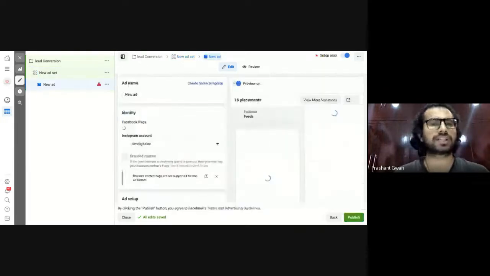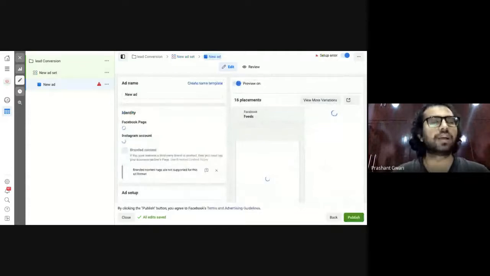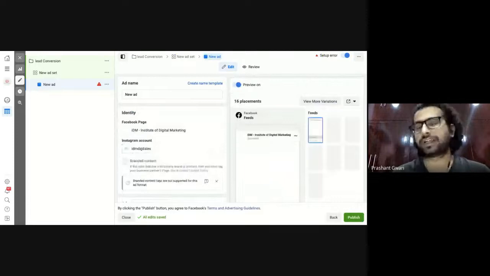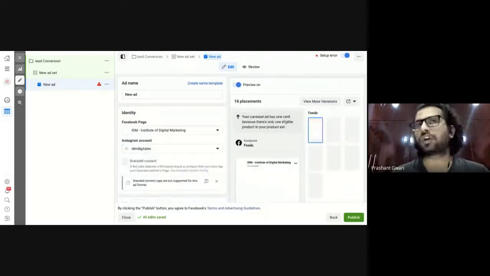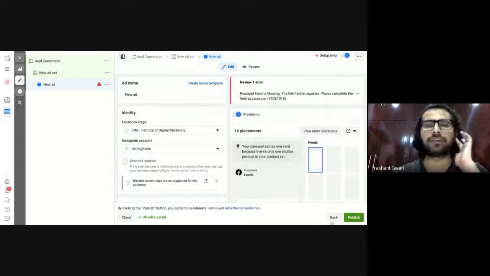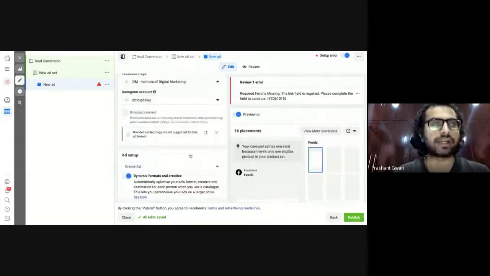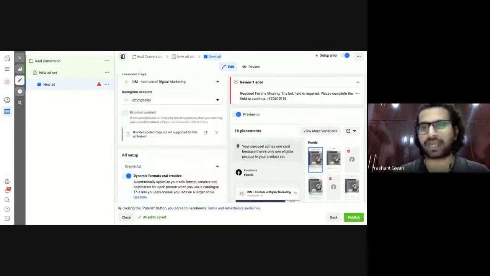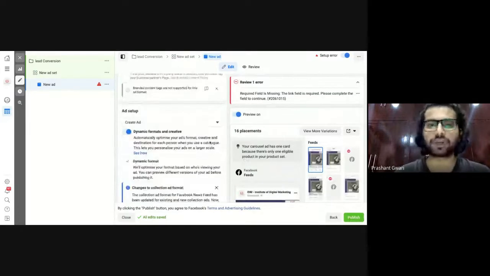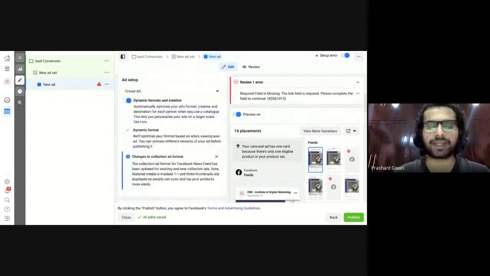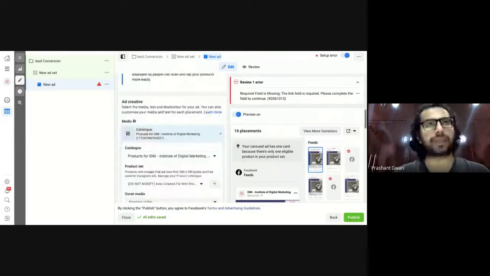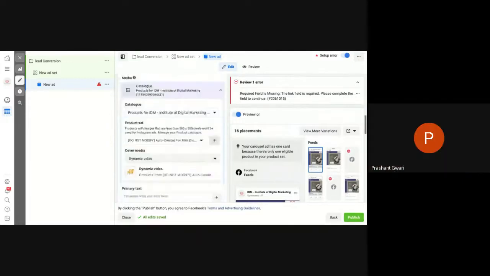Once you click on the next button, the next part is really simple. You already know about that from the lead generation form, the brand awareness campaign, or the traffic campaign. You already worked on that type of content. So here we have to choose the content we will use in our advertisement. Because it's a lead generation campaign, it will automatically pick the content from our website, which has the pixel attached to it. If you want to change it, you can also change it.